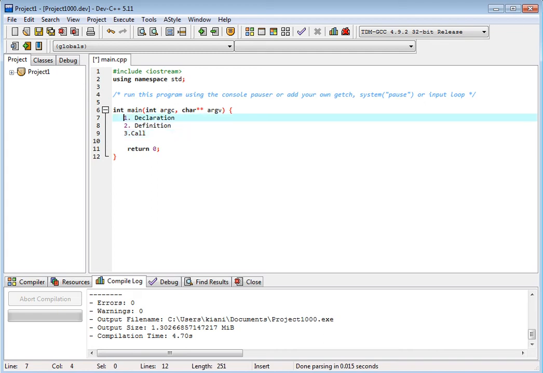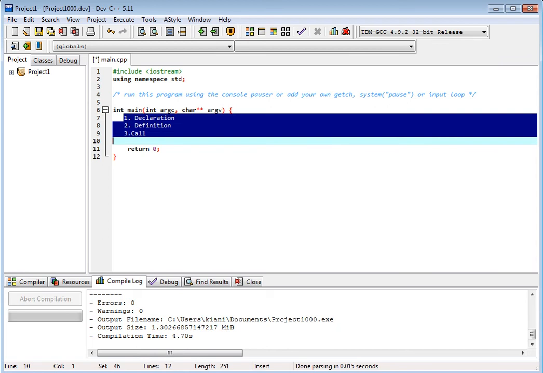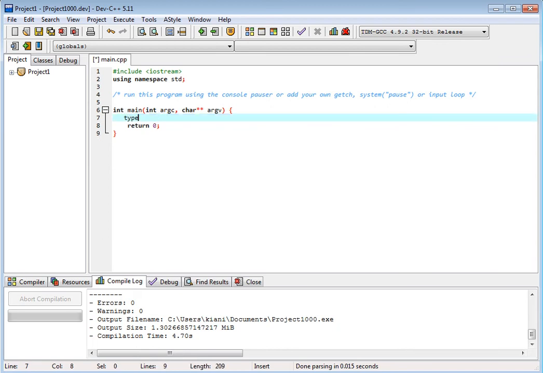Okay, so what is a function? How to declare it? We use a return type, then the name of the function. Then these two brackets, very important.